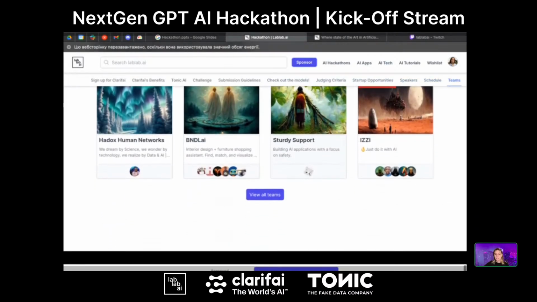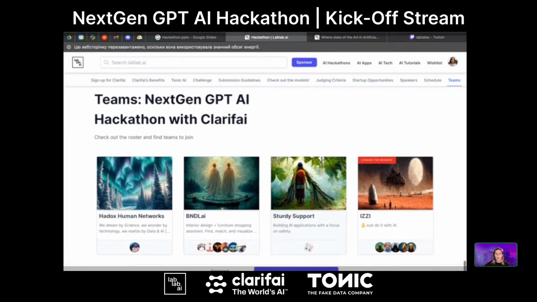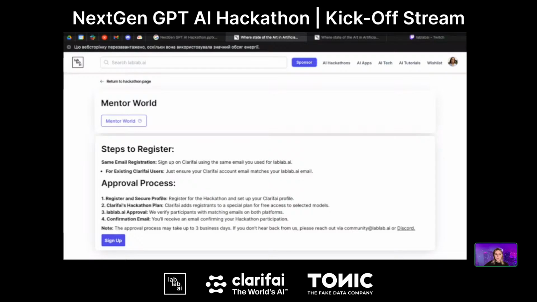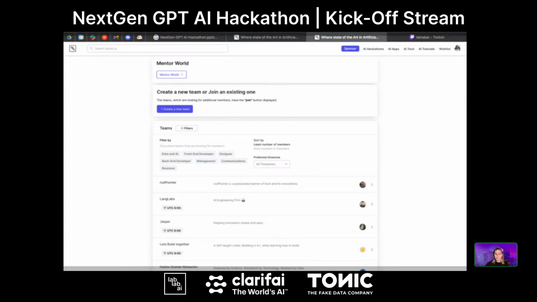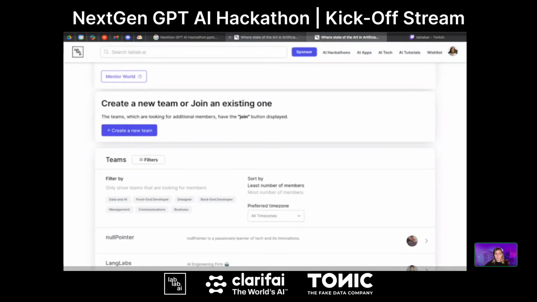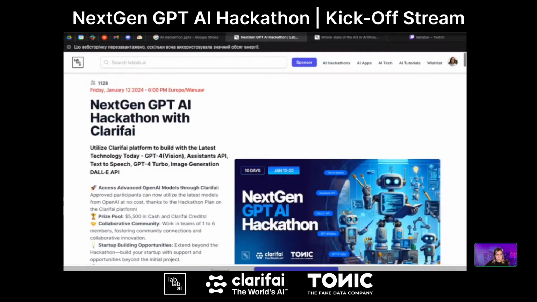And after that, you have the list of all the teams that you can join, or one of the teams might be yours. After you click on complete your registration, you see this component that helps you proceed with your registration to the hackathon. So you know that you already registered and now you have to sign up to Clarifai to be able to participate in this hackathon. After you are approved, you will have the next view that I'm just showing you here. So once you click on the button, let me show it to you again.